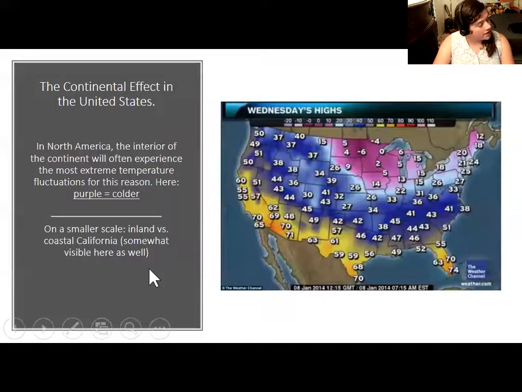The continental effect is actually something that we see in the United States. Us in California have it relatively easy compared to a lot of people because, for one thing, we really don't have seasons. And there's factors involved in that, but a lot of it has to do with the fact that we are by the ocean. Now, the coasts tend to be relatively mild, both the east and west coast, and you might be confused when I describe the east coast as relatively mild, but it doesn't get as cold on the east coast as it does in a place like Minnesota or North Dakota.